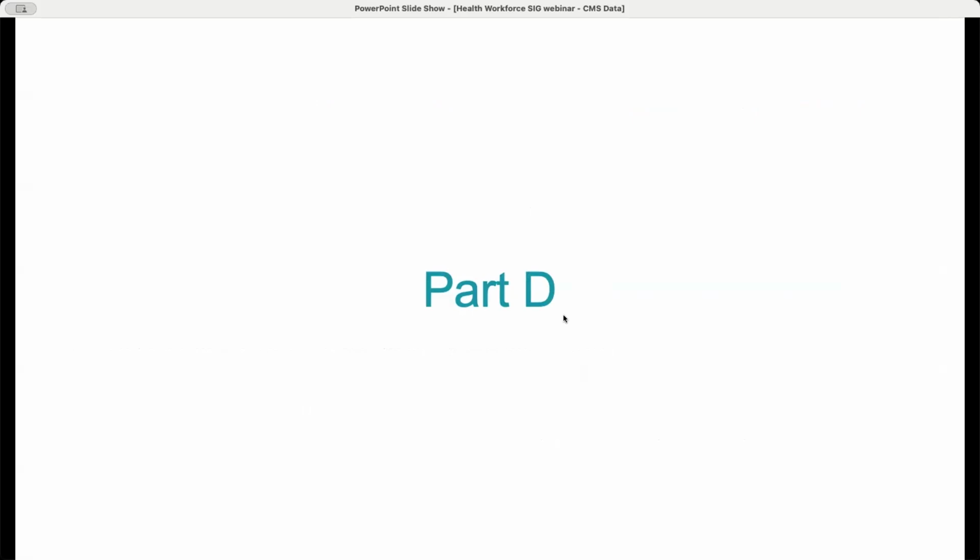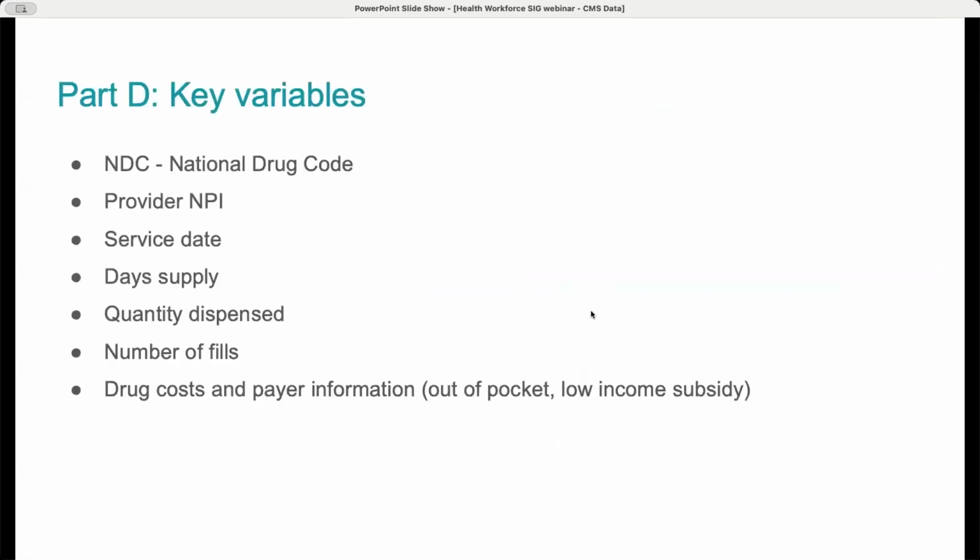Thanks, Betsy. So talking about Part D now, which you remember from the beginning, is another key part of Medicare. And we are focusing really on variables that you might want to use as a health workforce researcher. So we're just highlighting a number of variables in all these files, but the National Drug Code is the one that identifies what type of prescription a patient received. The provider identifier, again, is obviously a key variable for us if we want to understand anything about provider prescribing. And then other important variables are the service date, day supply, quantity dispensed, number of fills, and also drug cost